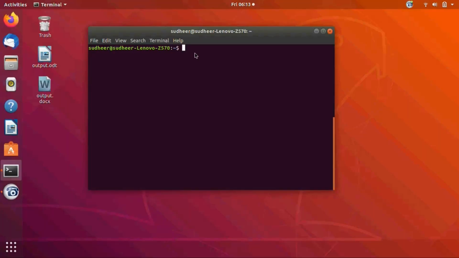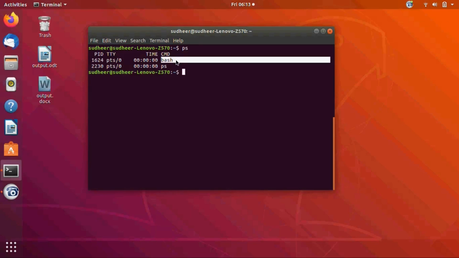Now, just about the shell, let us see in which shell you are working. For that, you need to execute the command ps to check the shell. Here I am using a bash shell, which is one of the different types of shells. In this Ubuntu operating system, the bash shell is present. Now you have learned the shell's interpretive cycle, how exactly the shell is going to execute a command.